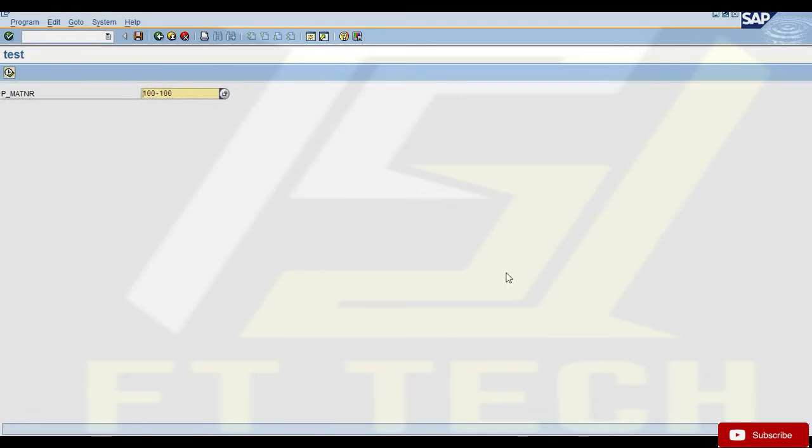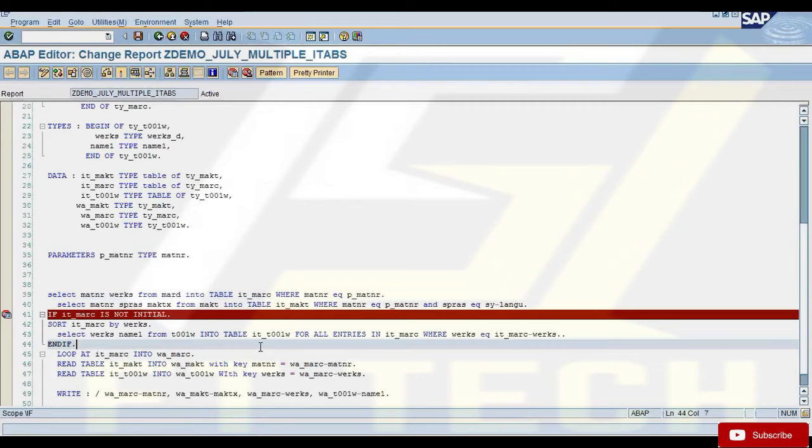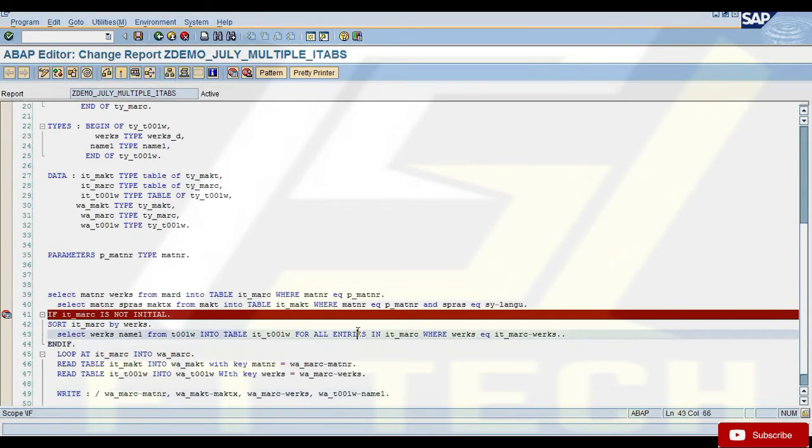Kiran, I'm a little confused with the usage of for all entries, although I tried the program yesterday. So you mentioned that when we have nested select, if there is one select inside a loop, we should avoid that because of the performance, and we try to put that in for all entries using internal table. Am I right? Yeah. So here instead of writing this select inside the loop, by using for all entries, I'm making the system scan. The reason I'm writing it inside the loop is in every loop I'm getting a new works, right?